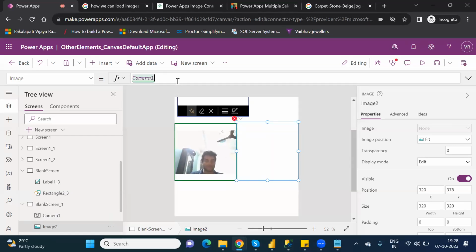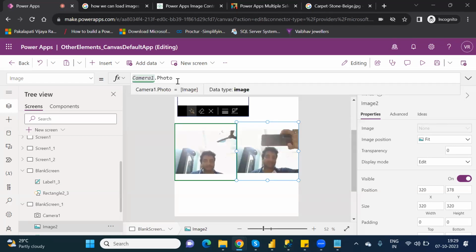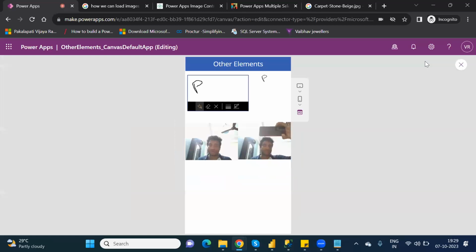Suppose for example, there are different properties here, stream and accessibility. These are all not required. Always you have to take the extension as photo. That's it. Then only that will be displayed. Okay. Not only this one. Suppose if I run this application, okay, and